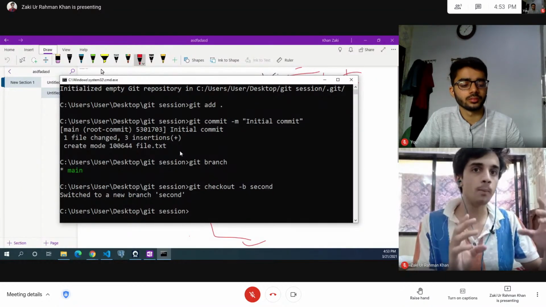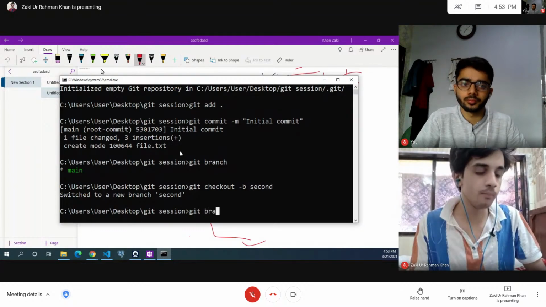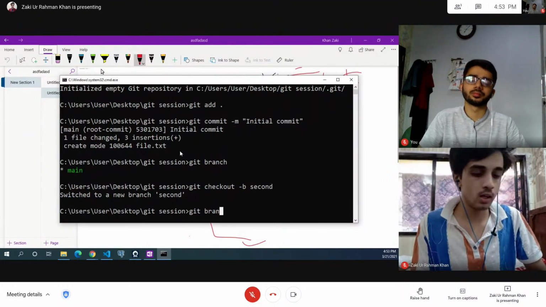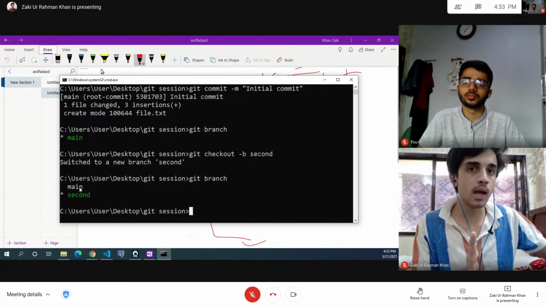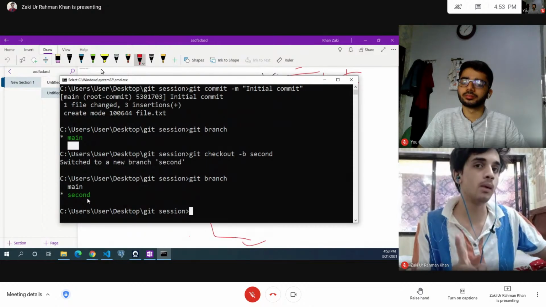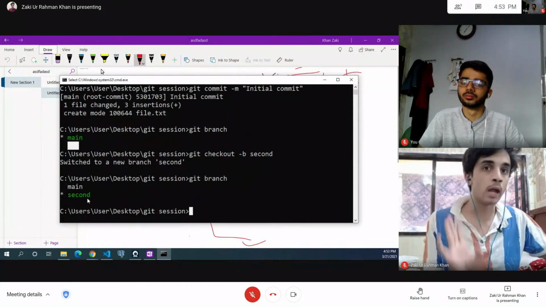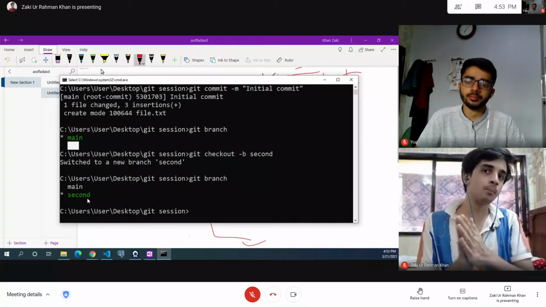मतलब क्या कि अभी आप मेन से हटके सेकंड में आ गए। जैसे मैं बाहर दूंगा git branch वापस से, तो यहाँ पे देखेगी कि मेन आया है और सेकंड आया, और इस टाइम मेरा ग्रीन कर्सर मेन पे नहीं है, सेकंड पे है। मतलब अभी मैं एक्टिव सेकंड ब्रांच में हूँ, जैसा कि आप एक पटरी से हट के दूसरी पटरी पे आ गए हो।